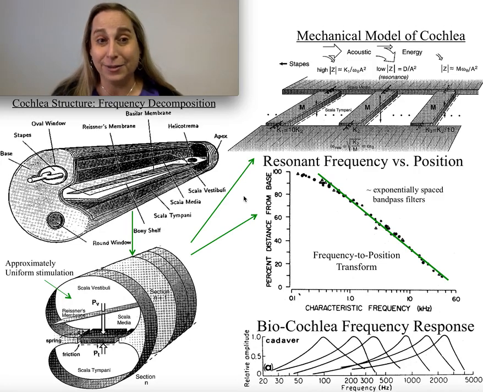So I'd like to talk a little bit about the cochlear structure, but in particular, some of its frequency dependence and some of the basic processing that you see as you work your way through the basic cochlear structure. So if you were to take a cochlea, which is sort of this round structure that's very important for hearing, what you end up seeing if you roll it all the way out is this